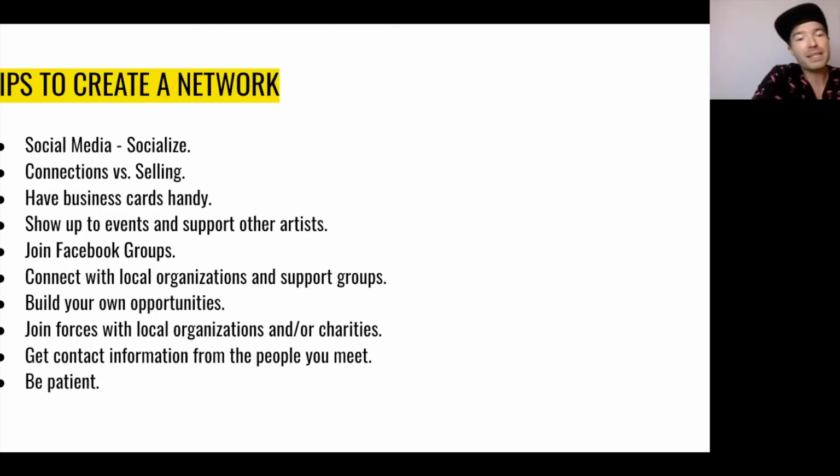You can join many Facebook groups. There's Facebook groups for singers of Vancouver, artists of Vancouver, art for sale, Canadian art for sale. Push your work there. Find people, start following people with your artist accounts. Connect with local organizations and support groups. There's lots in Vancouver. You're part of an amazing group right now with the Community Arts Council of Vancouver, but also there's Vancouver Community